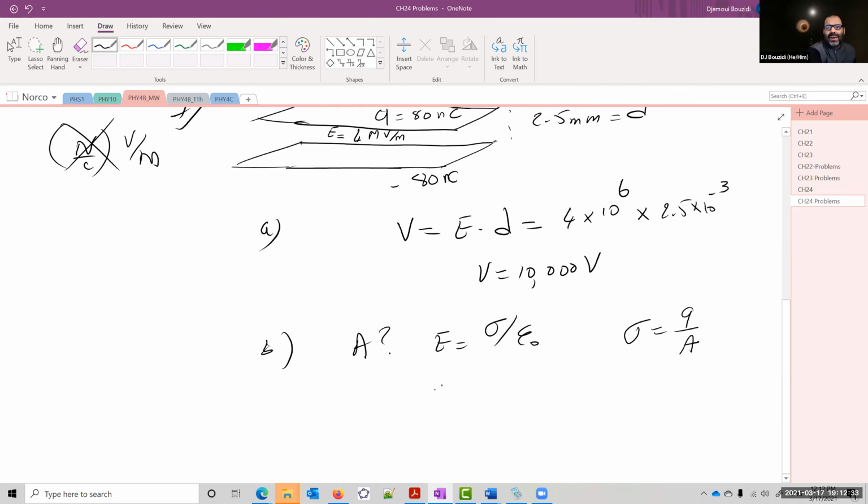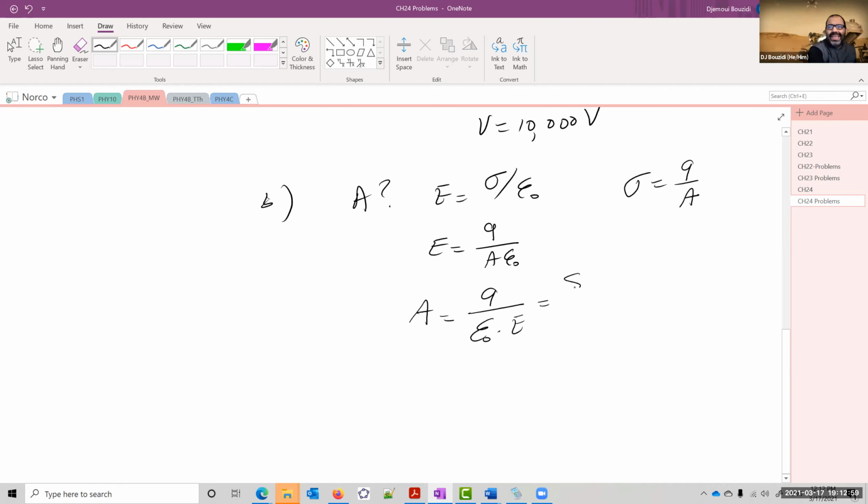So now we have everything. So we have E equals Q over A times epsilon naught. From here, we should be able to find what A is. A is simply going to be the area of the foil that makes all of this work. Aluminum foil is going to be Q over epsilon naught times the electric field. So Q is 80 nanocoulomb. Now I need an area in meters, so I have to do the numbers now. I can't really leave the n in there. So it's 10 to the negative 9, okay?